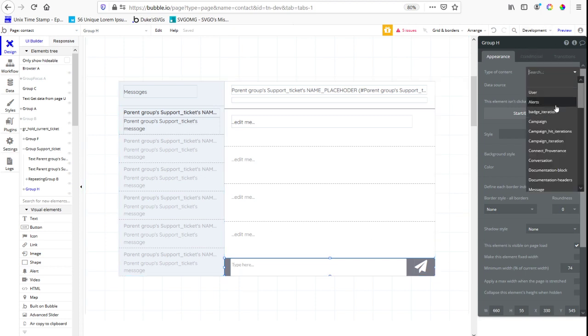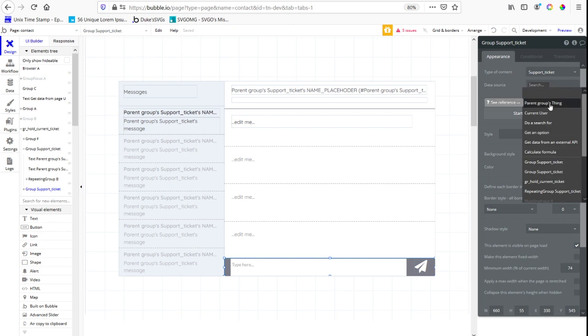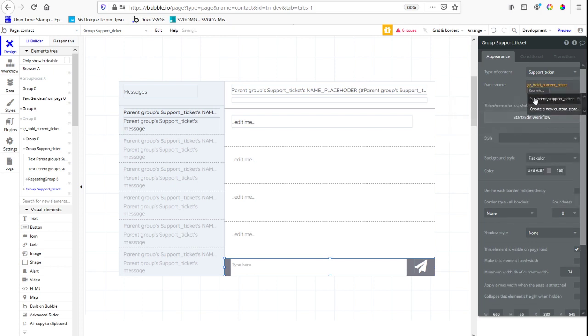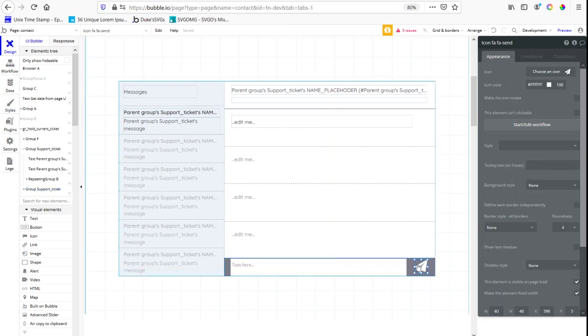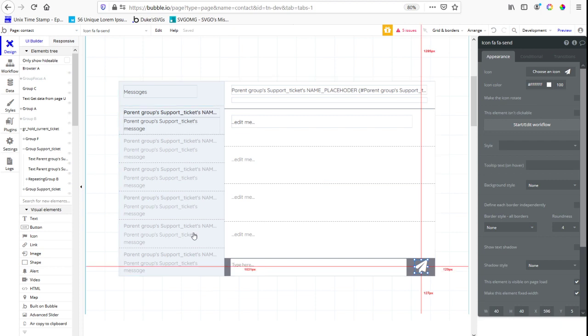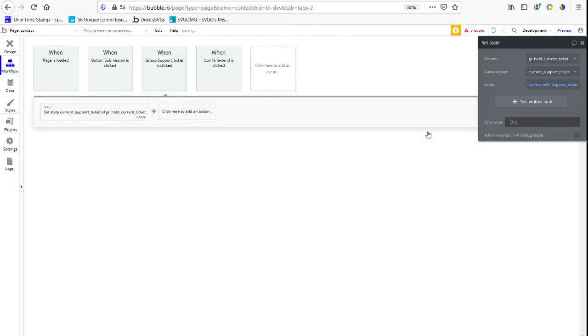We're going to go type of content is going to be also a support ticket, and it's going to be parent group's support ticket, or in our case, hold current ticket's current support ticket, the one that's active, so that when we send, it always goes to the right thread, to the one that's currently active. Okay. Then we're going to type in here, and then when we click send, we're going to have a workflow